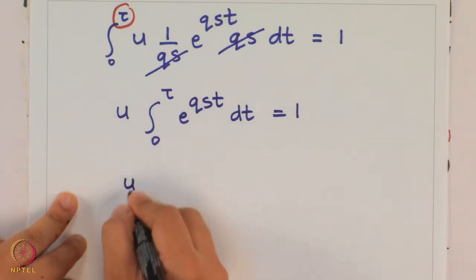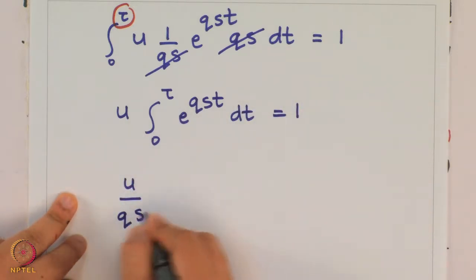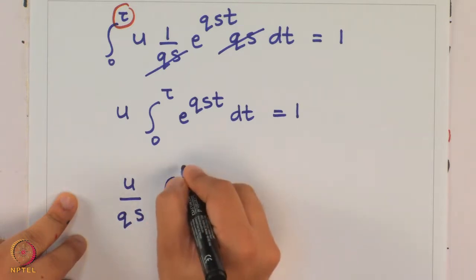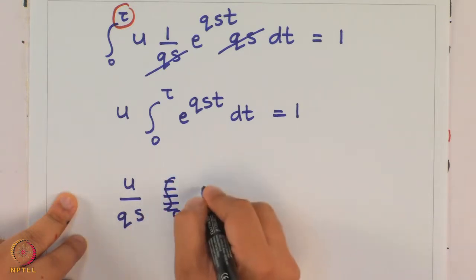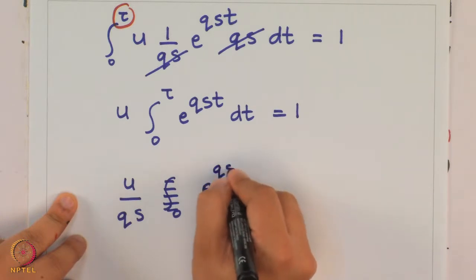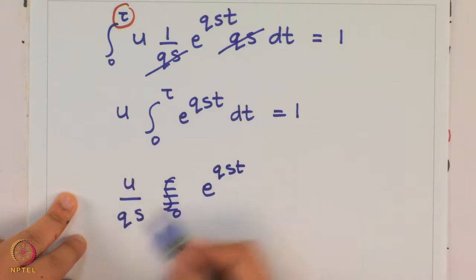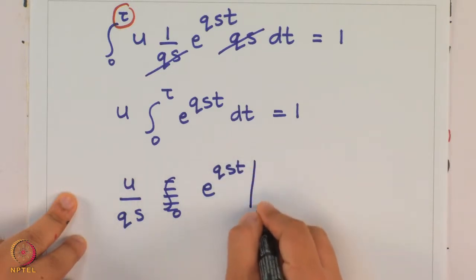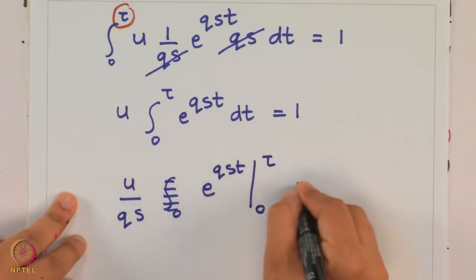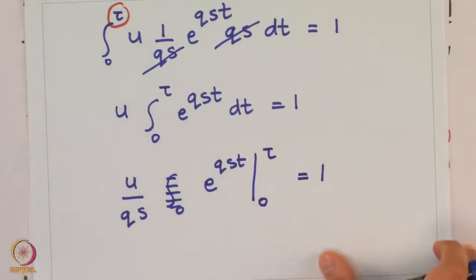The integral of e to the power qst is just equal to 1 by qs e to the power qst, with lower limit 0 and upper limit tau, equals 1, which can be simplified as,